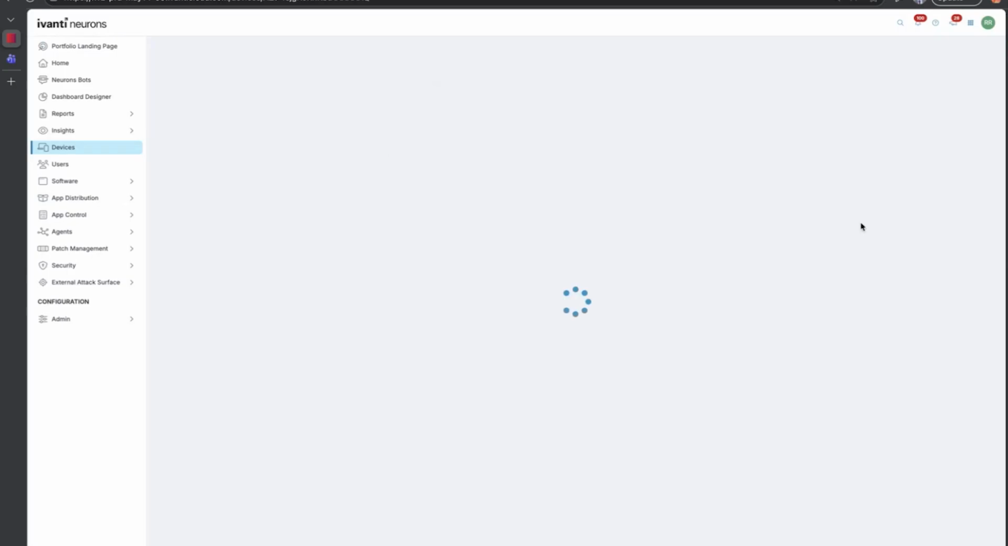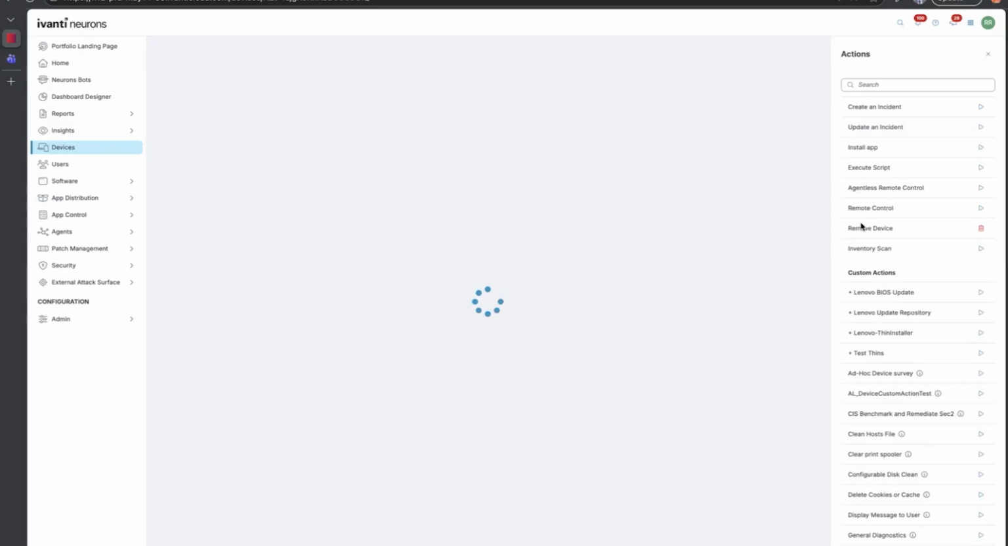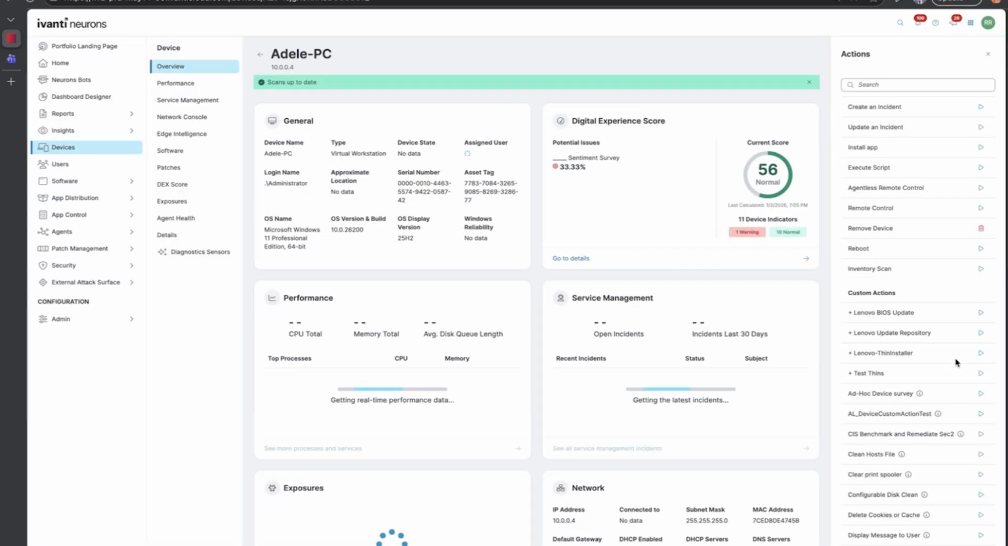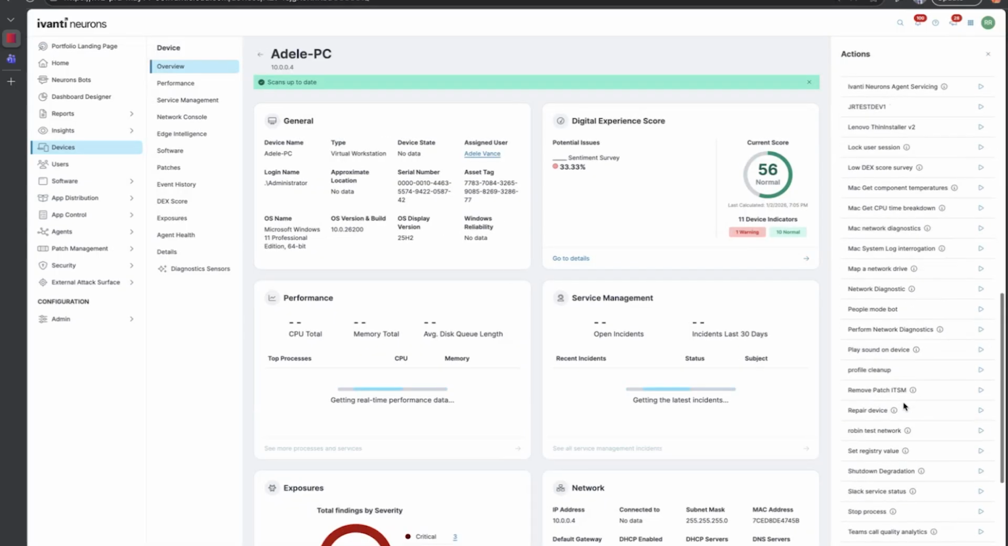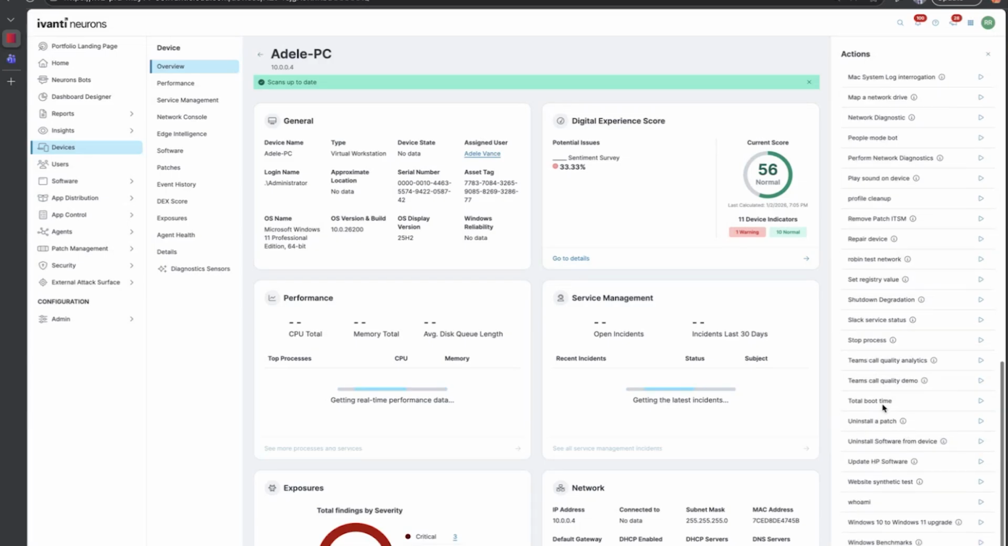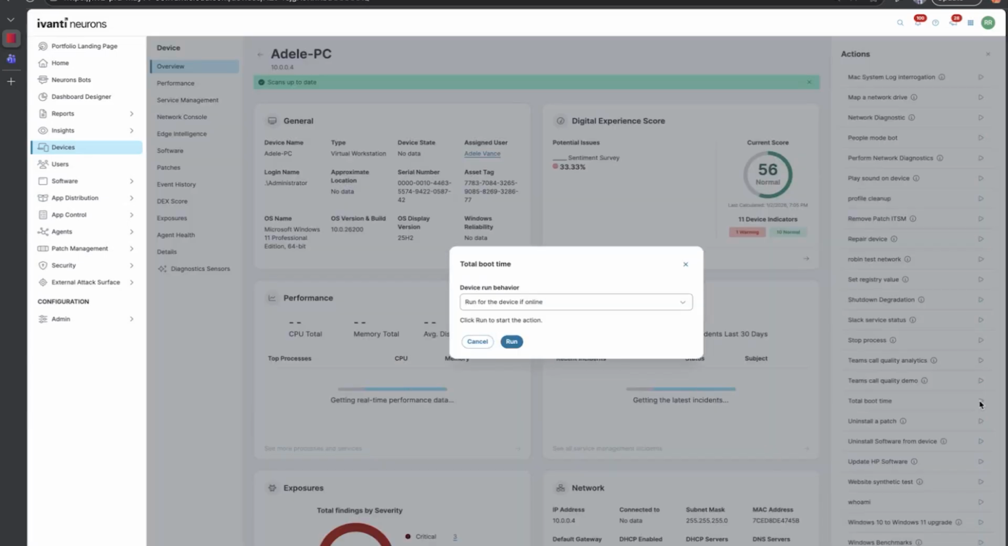And so what I'm going to show, first of all, is an example of the demo running. I'll add context to these stages and how that runs. So within here, I have a bot called Total Boot Time. As we talk about total boot time, if we think about booting up a device, there's really two main